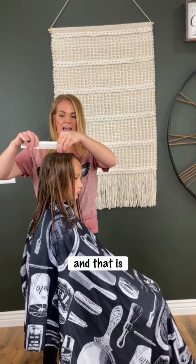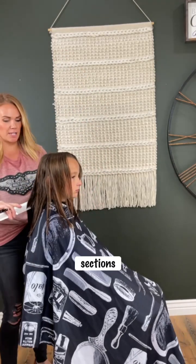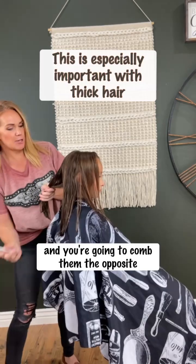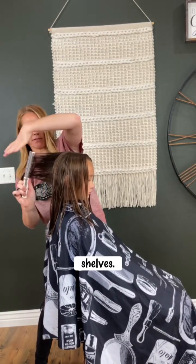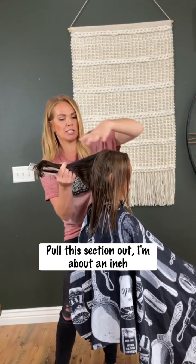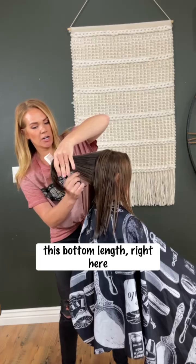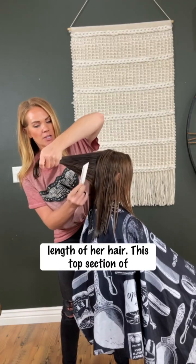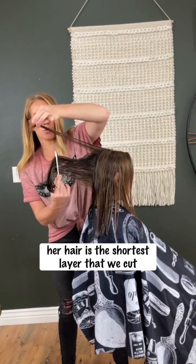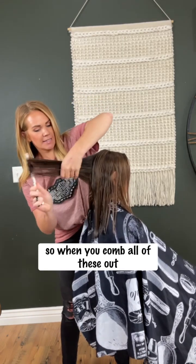And that is after you do the layers, then you're going to take these vertical sections like this, and you're going to comb them the opposite way and just make sure there aren't any shelves. You pull this section out, I'm about 1 inch thick in the back. This bottom length right here is the actual length of her hair. This top section of her hair is the shortest layer that we cut. So when you comb all of these out together,